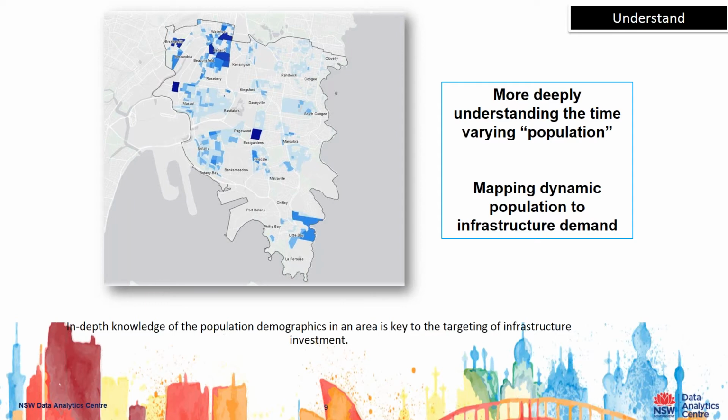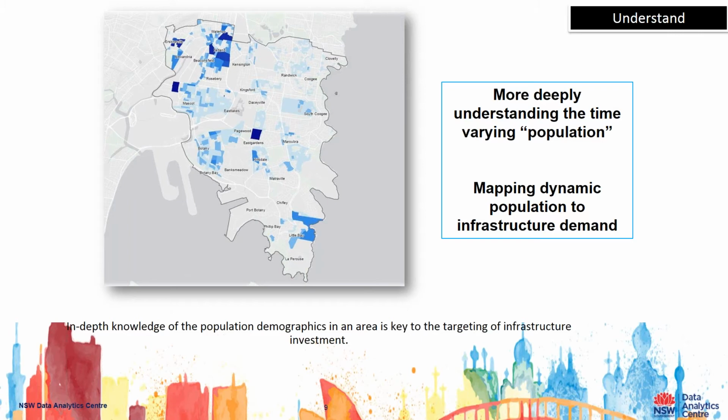But I mentioned that transport actually changes the population. So we wanted to understand not only who lives where with whom, but who travels in each day, who travels out each day, who travels around each day. And in that area, we have people living there, we have hotels, we have a hospital, we also have a jail. So people's motivations for moving around or staying put are really quite different.